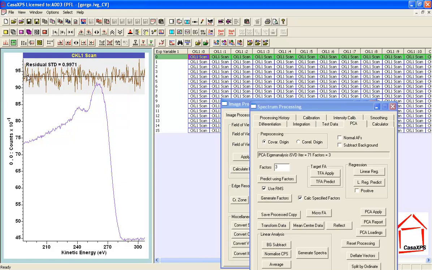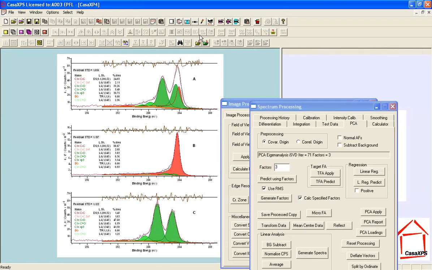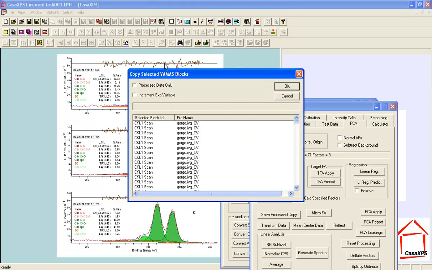That is to say, it's reasonably uniform across the entire range. So this is suggesting the PCA calculation using 3 abstract factors has produced a reasonable result for this particular spectrum. This file now contains the PCA enhanced data. So to preserve these data with the PCA benefit, I'm going to copy to a new VAMAS file the process